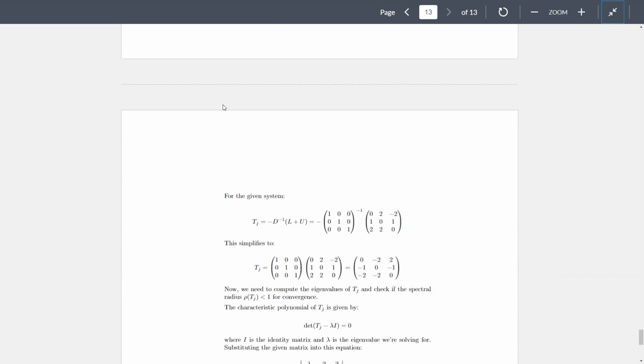Let me see. There is a typo here. Yeah, there's one typo here. There should be a negative sign here, and the other things are correct. And this is the final TJ matrix. It's the iteration matrix for the Jacobi method. And once you get the iteration